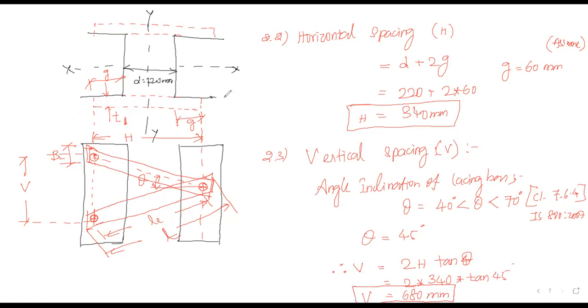Here H we have calculated as 340 mm and V we have calculated as 680 mm. Still we have to calculate the breadth of the lacing bar, thickness of the lacing bar, the effective length of the lacing bar, and the actual length of the lacing bar. And we have to design the number of bolts required. So next,